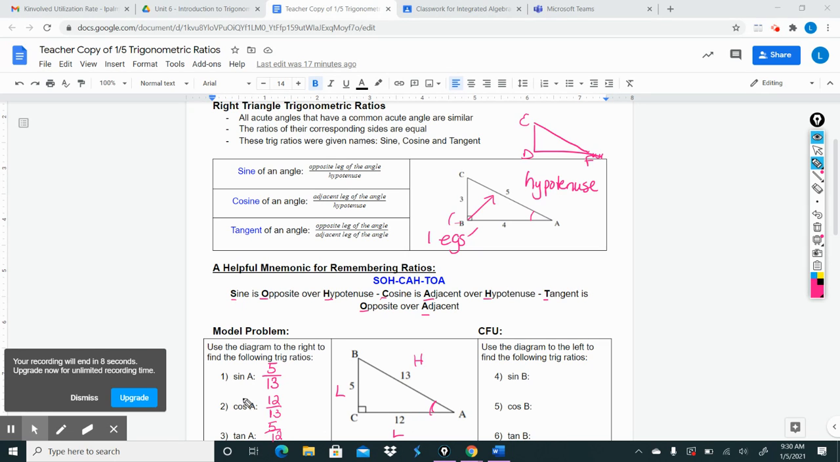These trig ratios will change when we're talking about angle B. So take a moment to work on your check for understanding, and if you have any questions, you know how